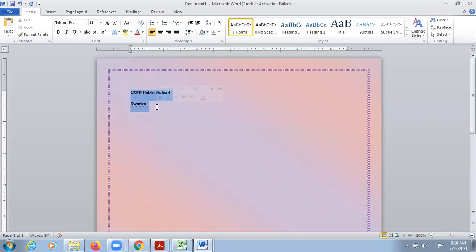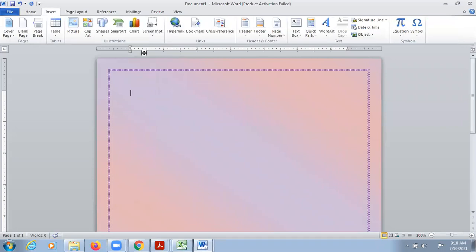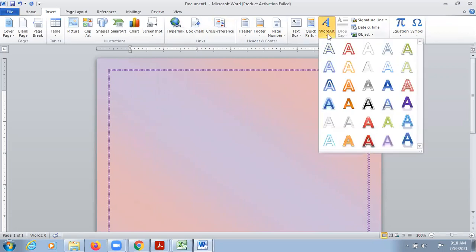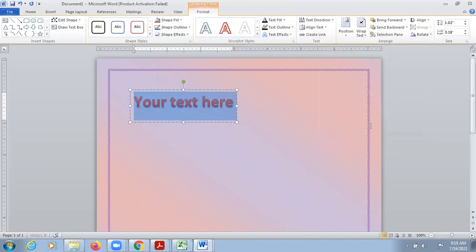text, color, size, and everything like this. Or second option is you can insert a word art. So how can we insert a word art? Go to insert tab, go to word art, choose a type of word art which you want. Like suppose, let's say I wanted to insert my text in this way, but not of red color. But still we can choose this one first. Color we will change later.